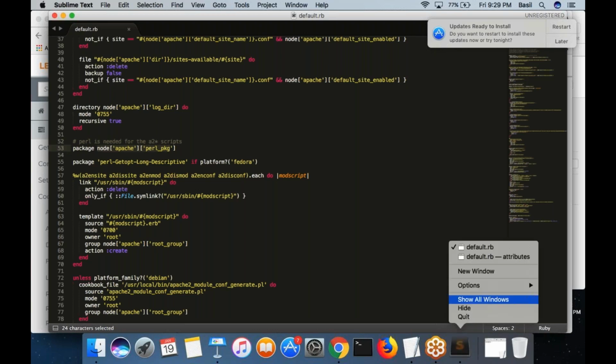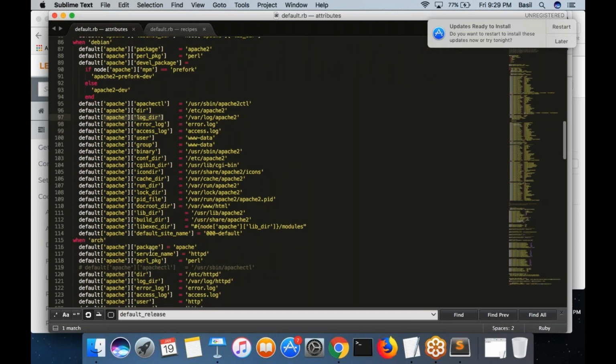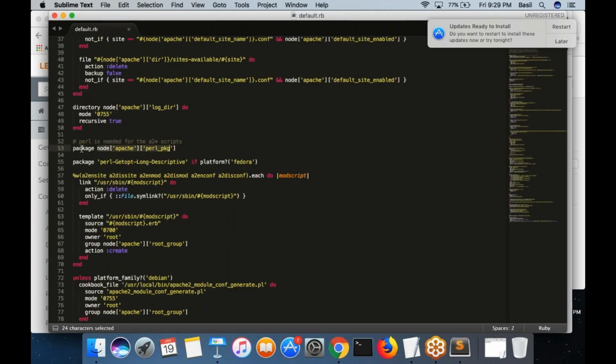Again, you can take a look here: Perl package is equal to Perl. So this is what you are going to install. You are writing another resource for installing Perl, package Perl. It is already defined in your attributes folder, and Perl is the value for this attribute.